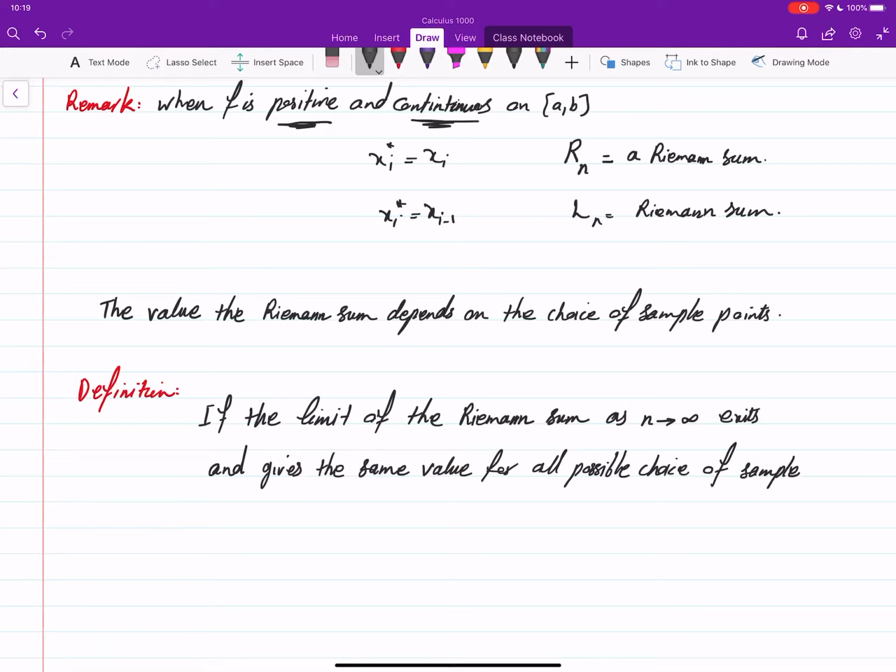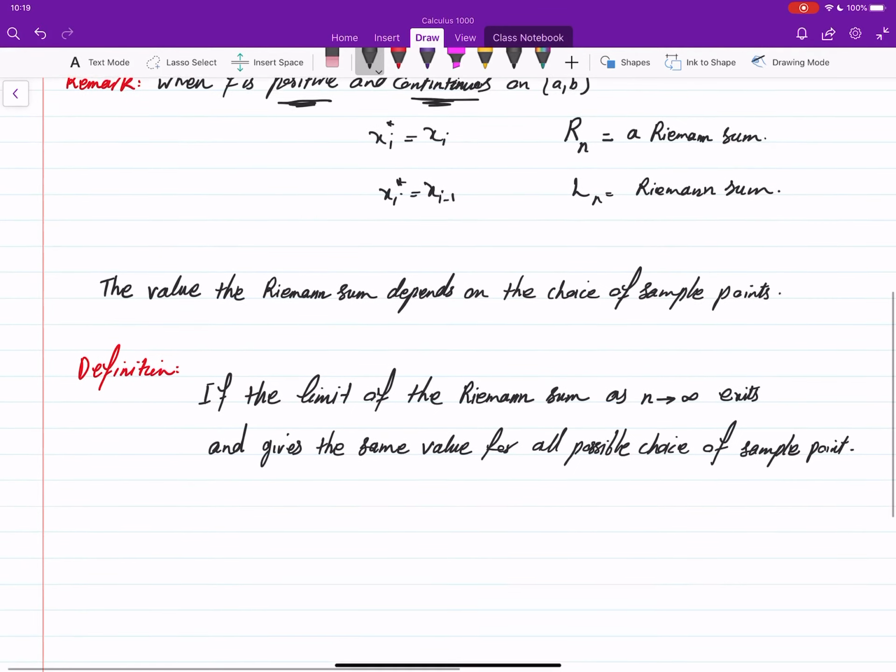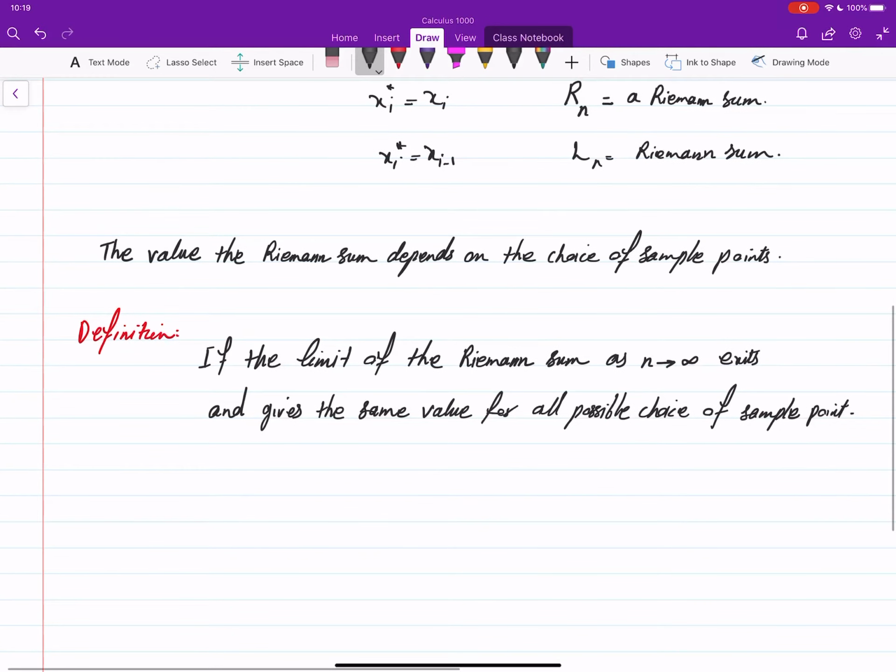So you divide, then choose any sample points, form the Riemann sum, and then let n go to infinity. In that case, the limit exists, and for all sample points gives you the same number, then we say that f is integrable on a, b,